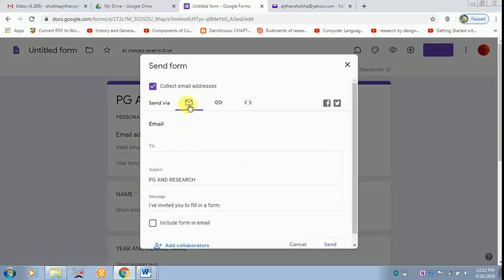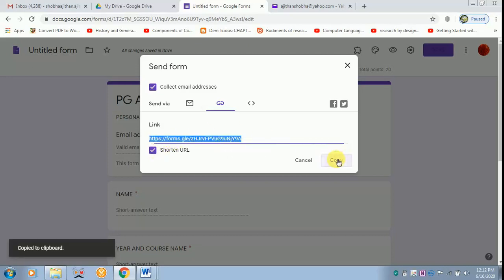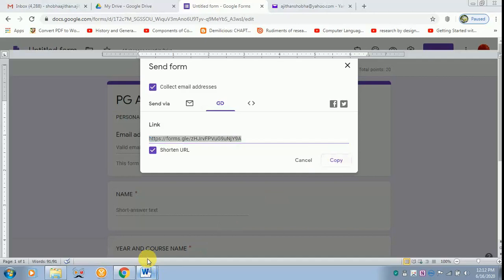Now if you have got email IDs, you can send via email. Suppose you don't have email IDs, you can click the link, shorten the URL, and you can send it to many persons via WhatsApp. Now you can copy it. Now I've got a message as to what it has to be written.